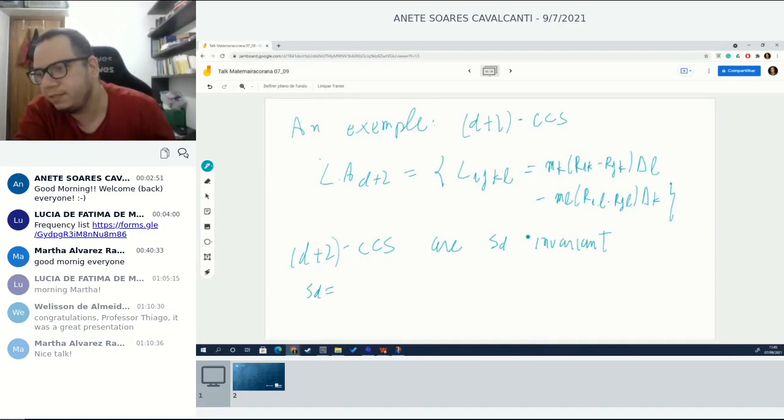And SD is the permutations of the set 1, 2, D, because the D first points of the configurations